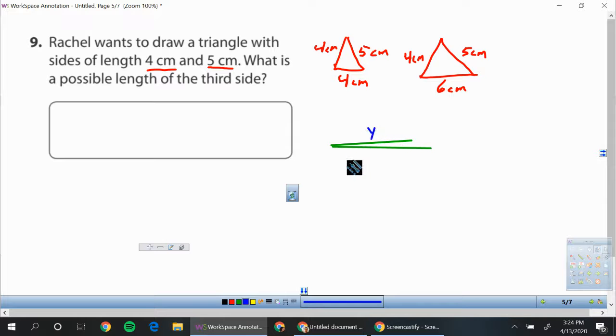This side is 4 and this side is 5. So if this side were to be 1, it would not connect because it would not reach this 5. There is a theorem called the triangle inequality theorem. Write it down. Triangle inequality theorem,